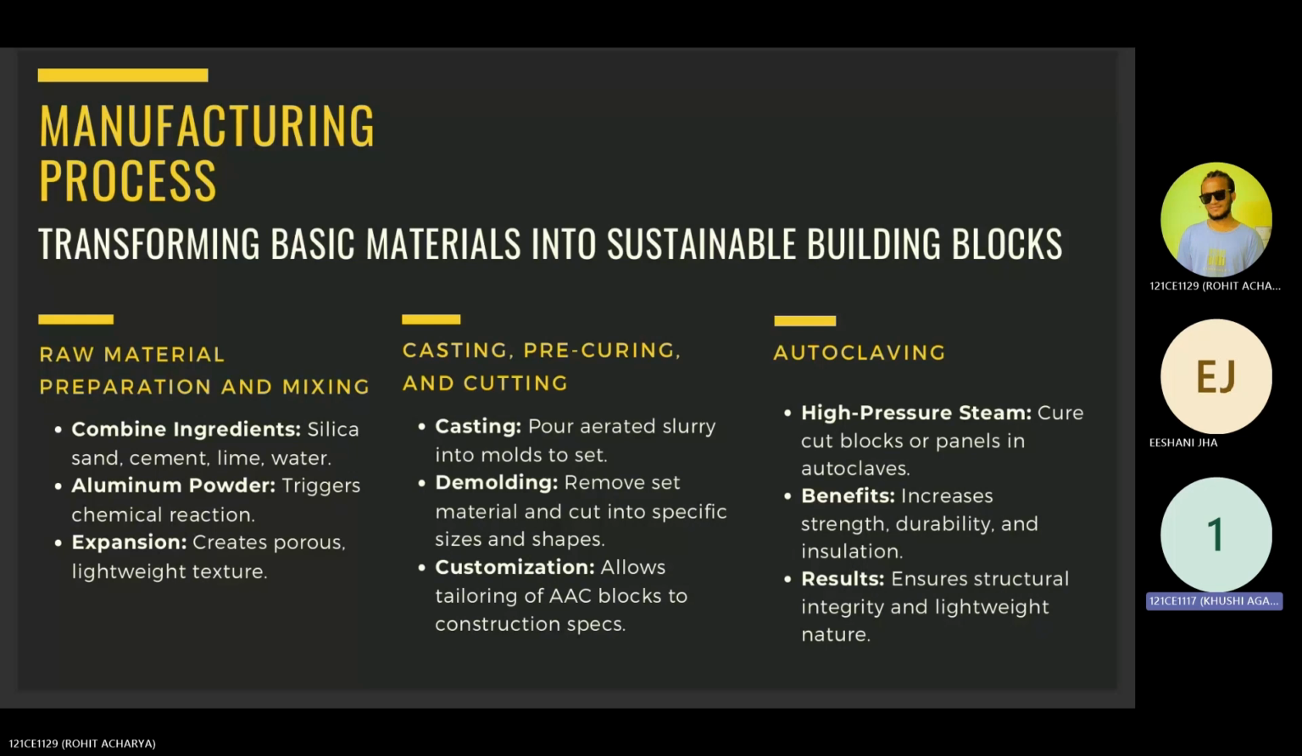Then comes casting, pre-curing, and cutting. Casting basically involves the aerated slurry being poured into molds to solidify. Once set, the material is removed from the molds and cut into specific sizes and shapes, which is basically the demolding process, which is then followed by the customization process, which allows for the tailoring of autoclaved aerated concrete blocks